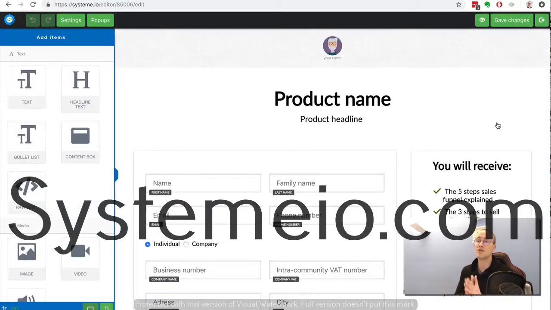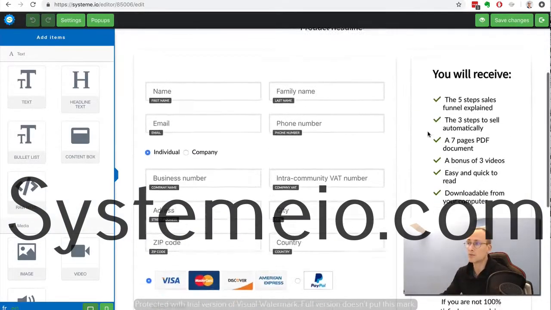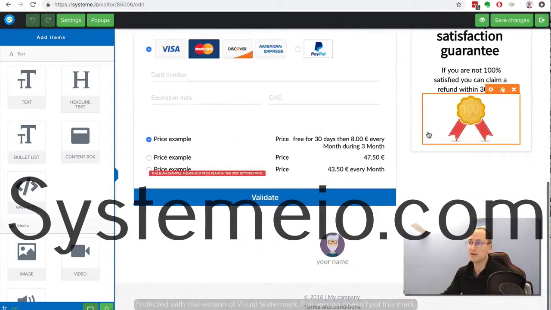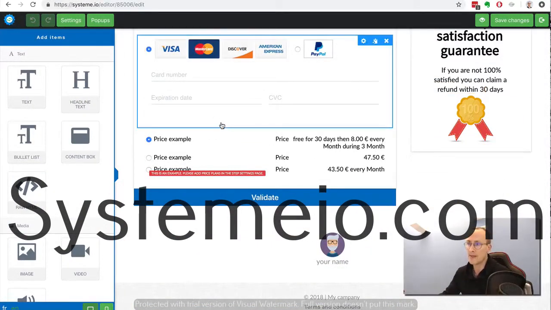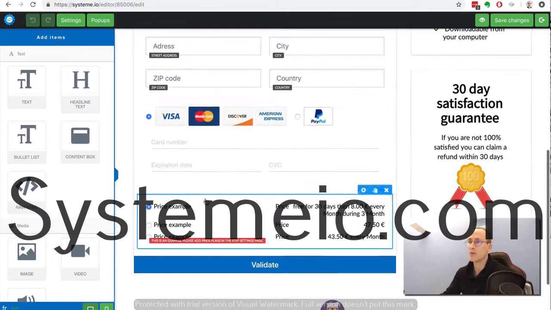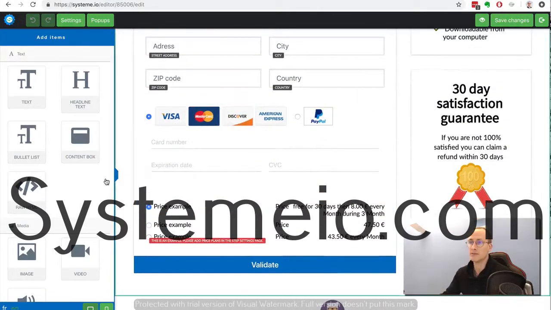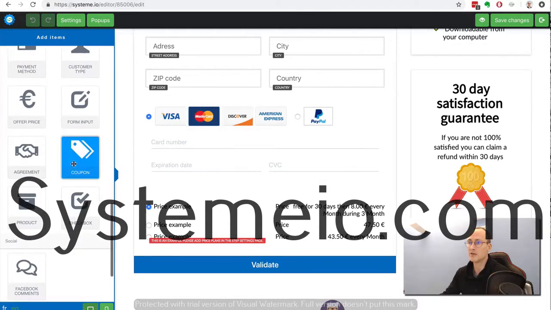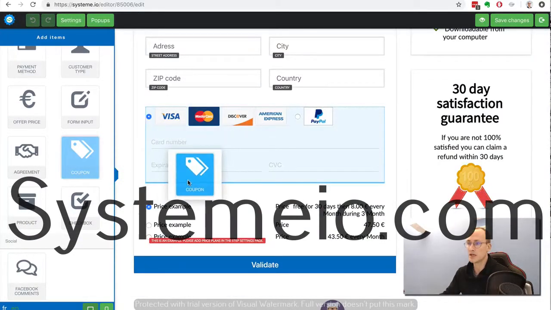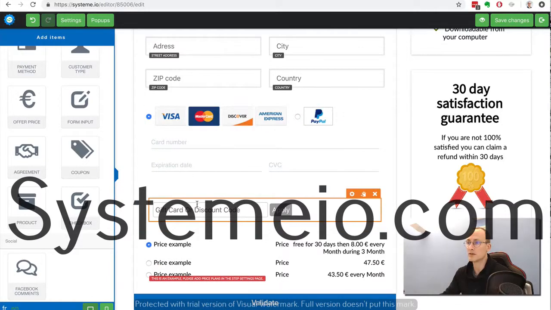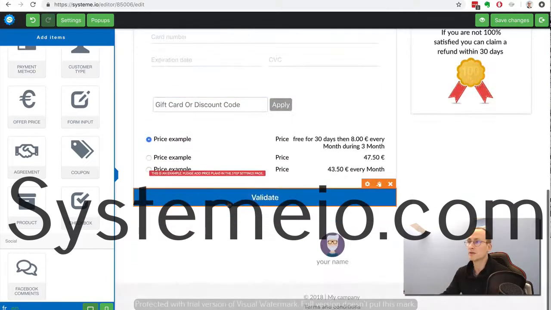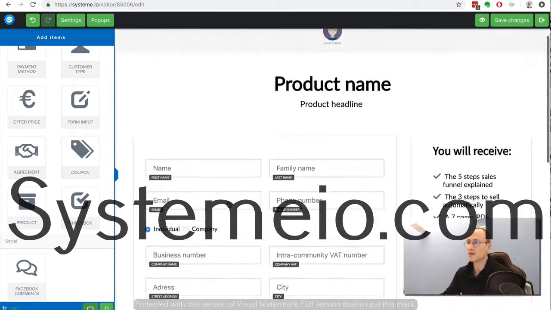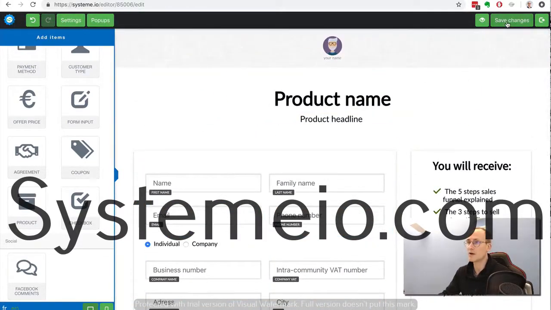So what you have to do, you have to add a form so that people can redeem the coupon code. Okay, so usually I put it here right below the payment information. So we created a new item here that you can just drag and drop. So that's the form to redeem the coupon code, and that's it. It's in my form now. So I'm gonna save changes,